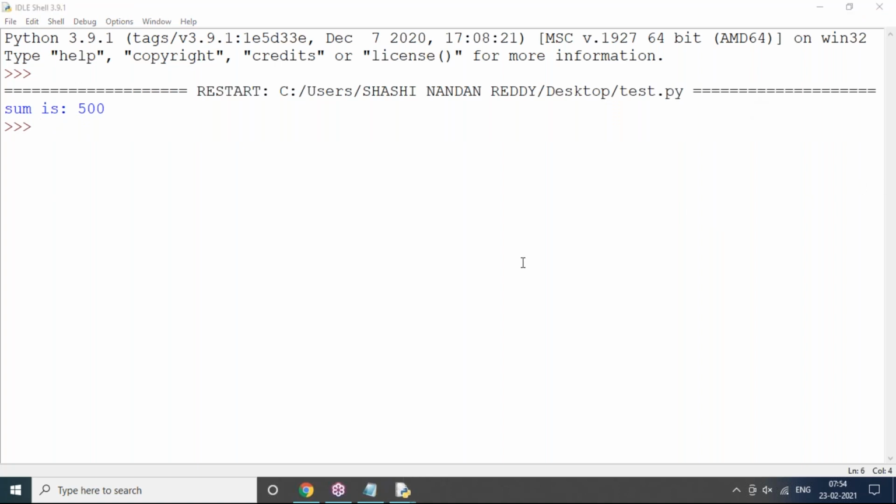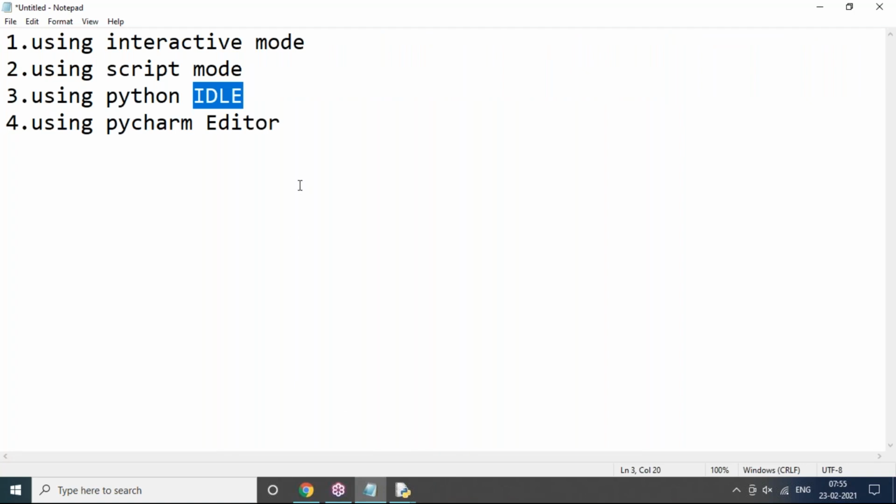Sorry to interrupt. How are we able to execute this in CMD or any tool? Yes, because we have already installed Python software. While installing Python software, I added some path to our operating system, because just now I have shown that clearly. While installation, you have to activate the checkbox, Add Python to environment variables, then automatically it will map to the operating system location. So it will execute Python commands.